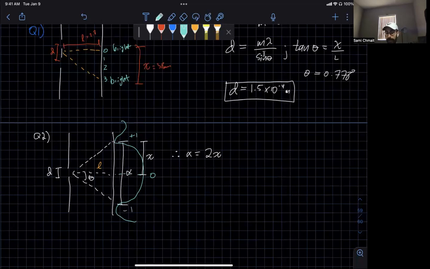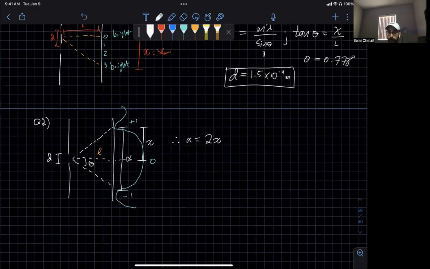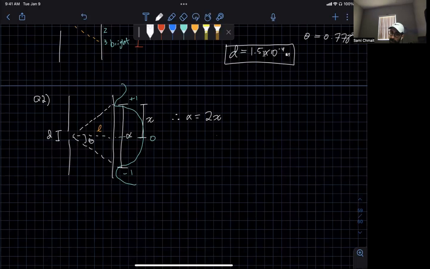So that's on both sides of the central peak right there. Okay. So which equation? We're going to use that d sine theta is equal to m lambda. But we need to first find theta. So we can do that because we know what d is. It was given in this question. So theta equals sine inverse of m lambda over d, where m equals 1. And solve for the angle, and you'll get